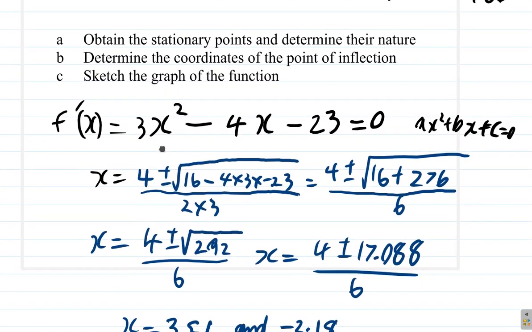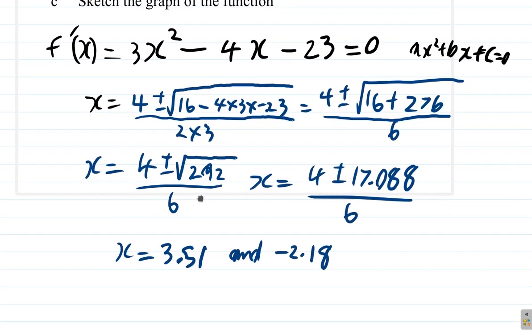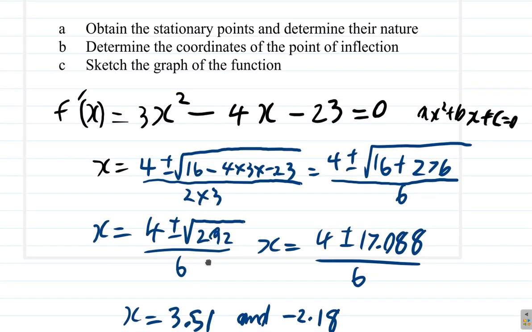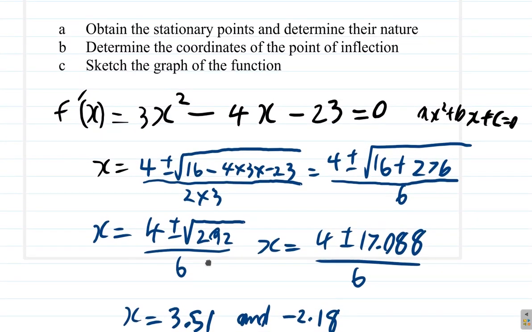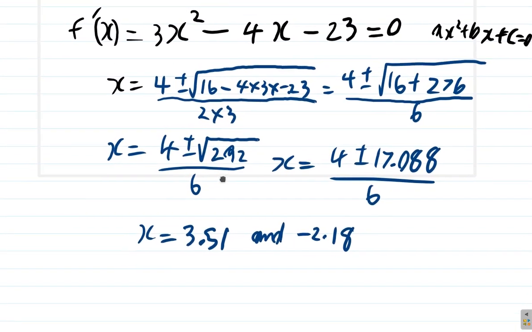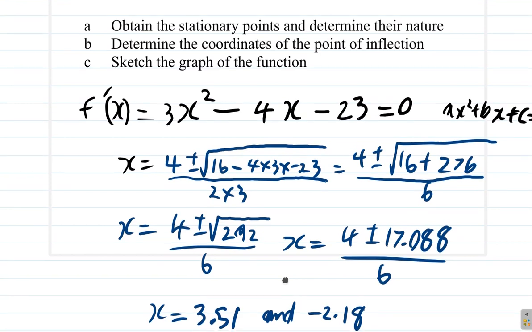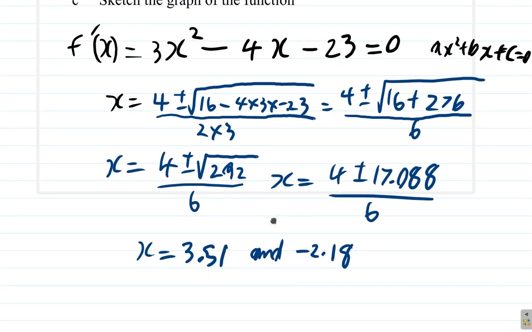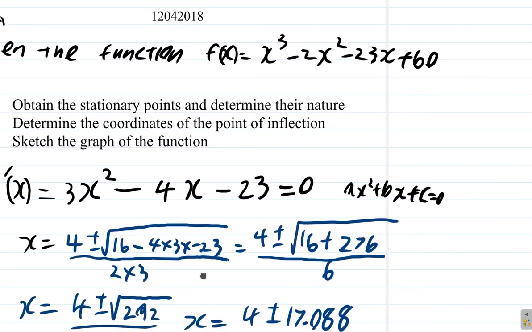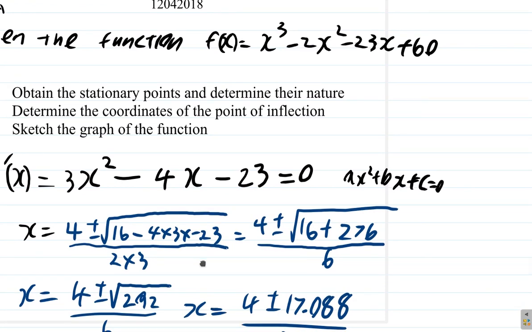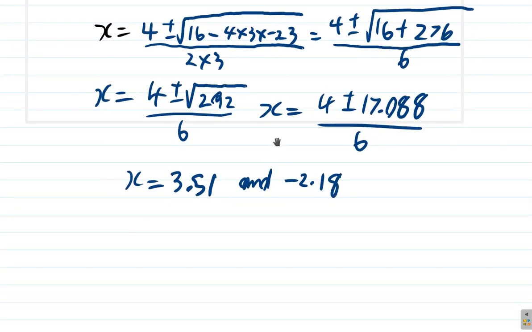Alright, so here it asks you for the stationary points. Obtain the stationary points. We want to know exactly where the stationary points are. So to obtain exactly where they are, we need the coordinates. We have x for one of them. We're going to substitute it into the function. So we say f of 3.51 equals